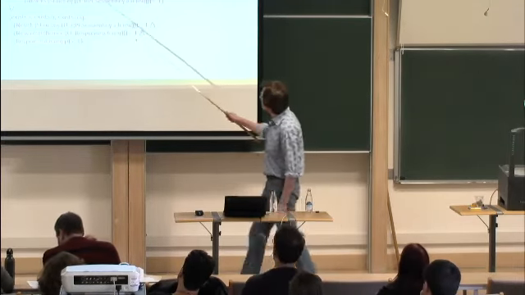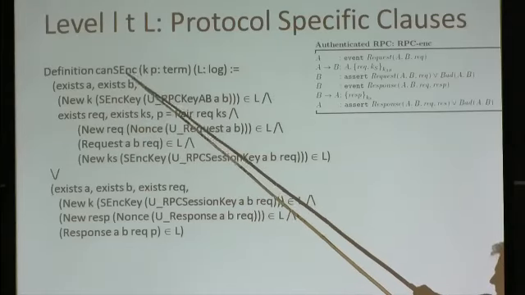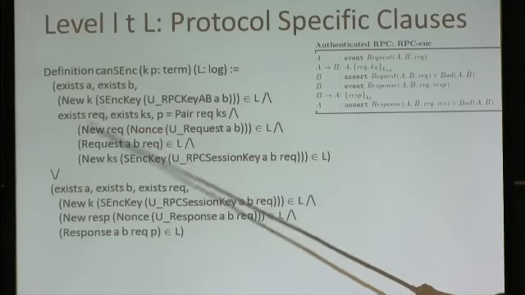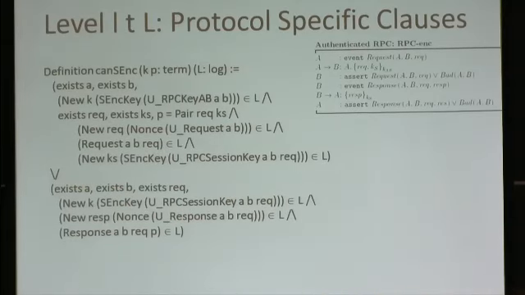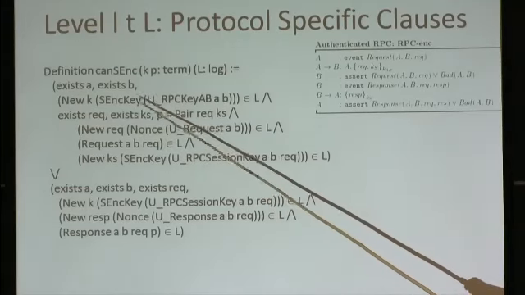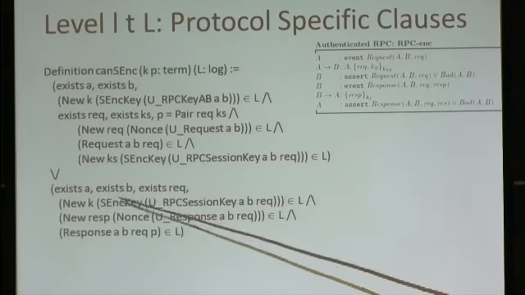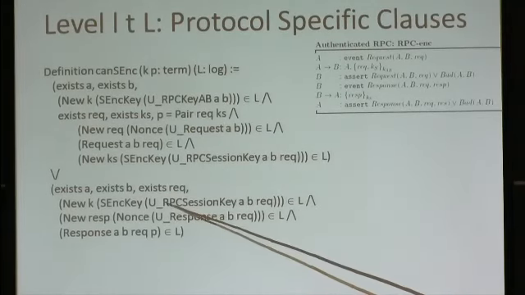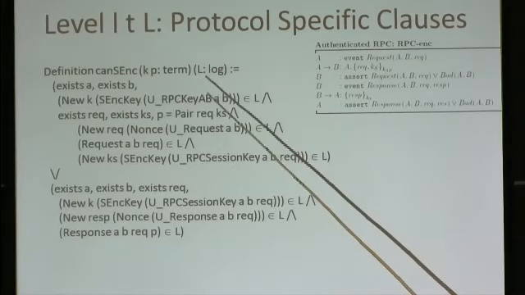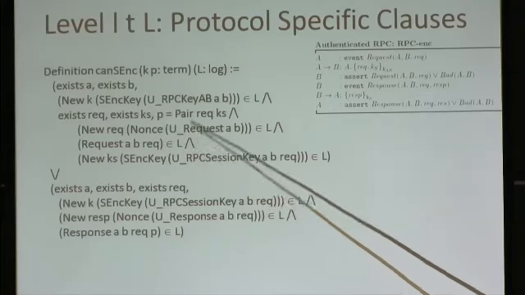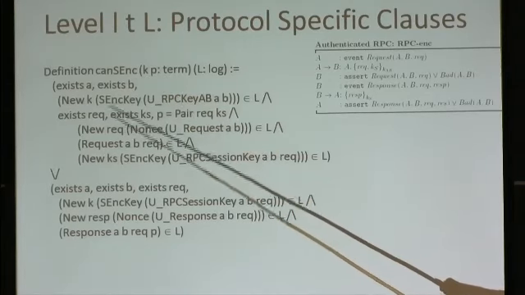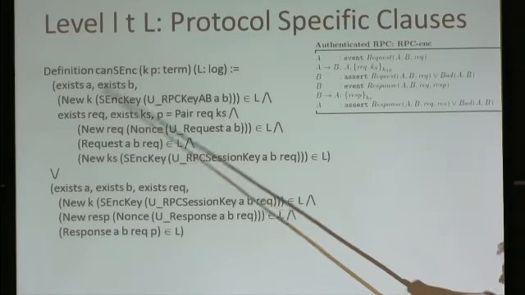So can senc is the precondition for encrypting in this protocol, and there are two rules. It's either that condition applies or this condition applies. I'm not going to go through all of this, but this clause corresponds to encryption with the long-lived key, and this clause corresponds to encryption with the short-term key. Note this is all dependent on the log, the current state of the protocol run. What this says is that we're trying to encrypt plaintext P with the key K. It says that if the key K has been logged